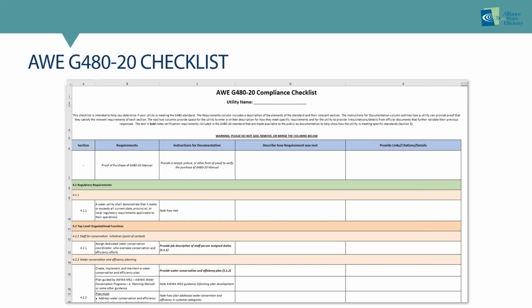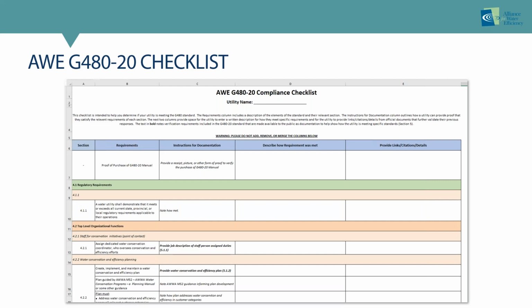Next, we broke down the part that you as the utility will fill out into two distinct sections, which is a major change from last time. First, we have a section where you describe how the requirement was met. That is the middle section saying describe how the requirement was met, where you provide a summary based on the columns to the left.